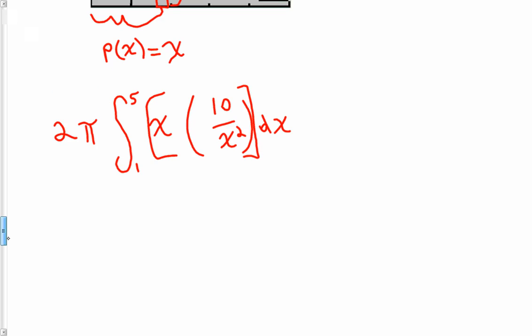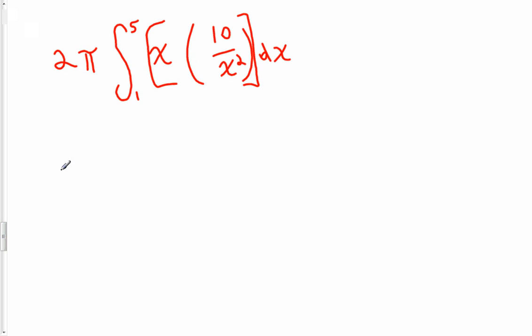Let's see what comes out of it. We have the 2 pi, and I can also bring out that 10. So I can write this as 20 pi times the integral from 1 to 5. When the x cancels with one of these x's, that looks like 1 over x